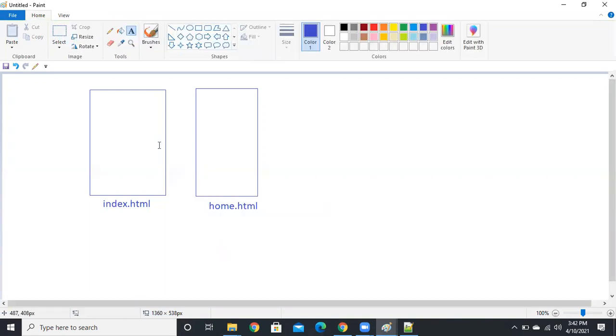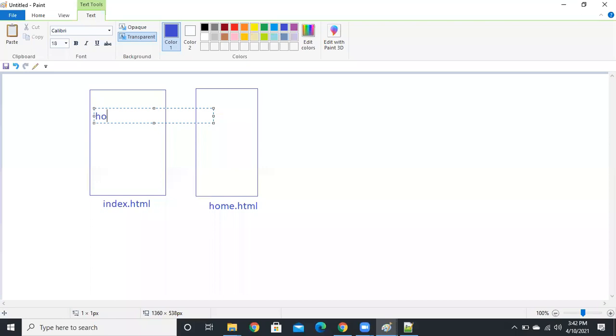So in index, I'm going to add some links like home and contacts. These are my links.